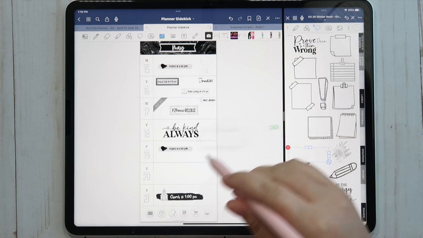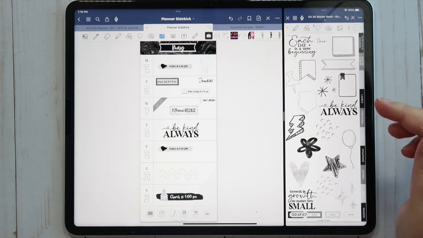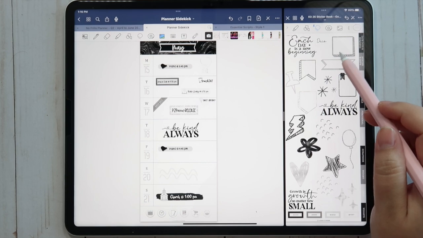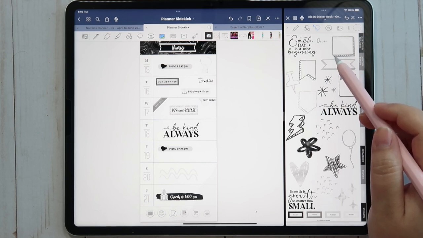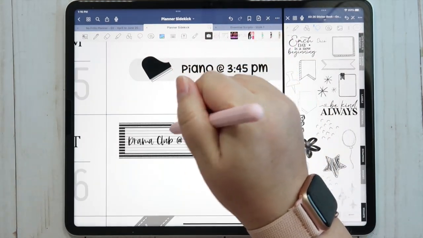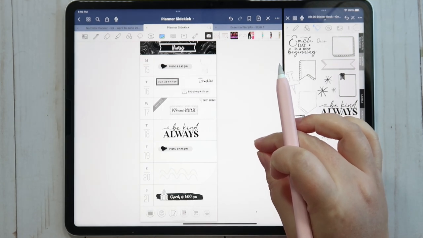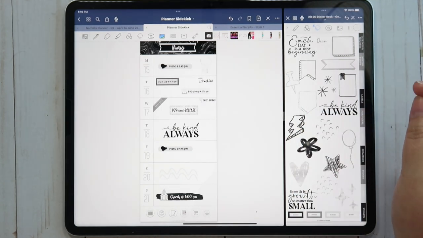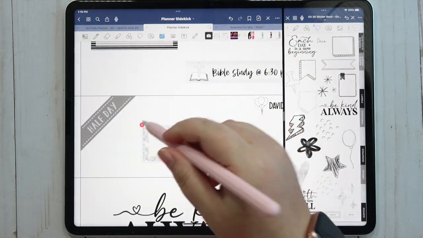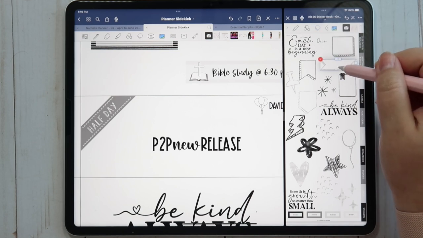And pull one of these over, and I could even like layer. Oh, I forgot about these. Wonder if I should, oh, I like the stripes. Maybe I'll do away with this and pull this guy over.